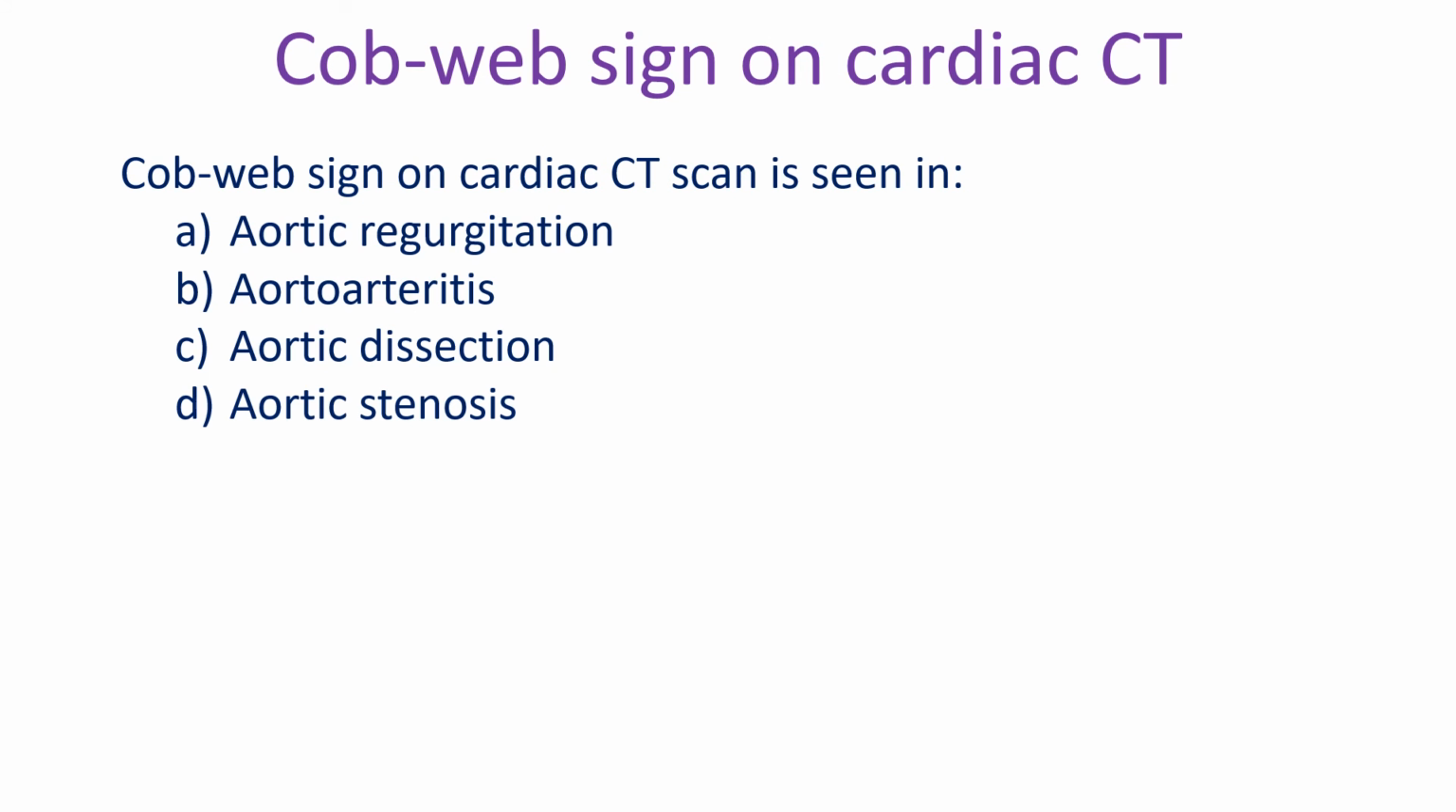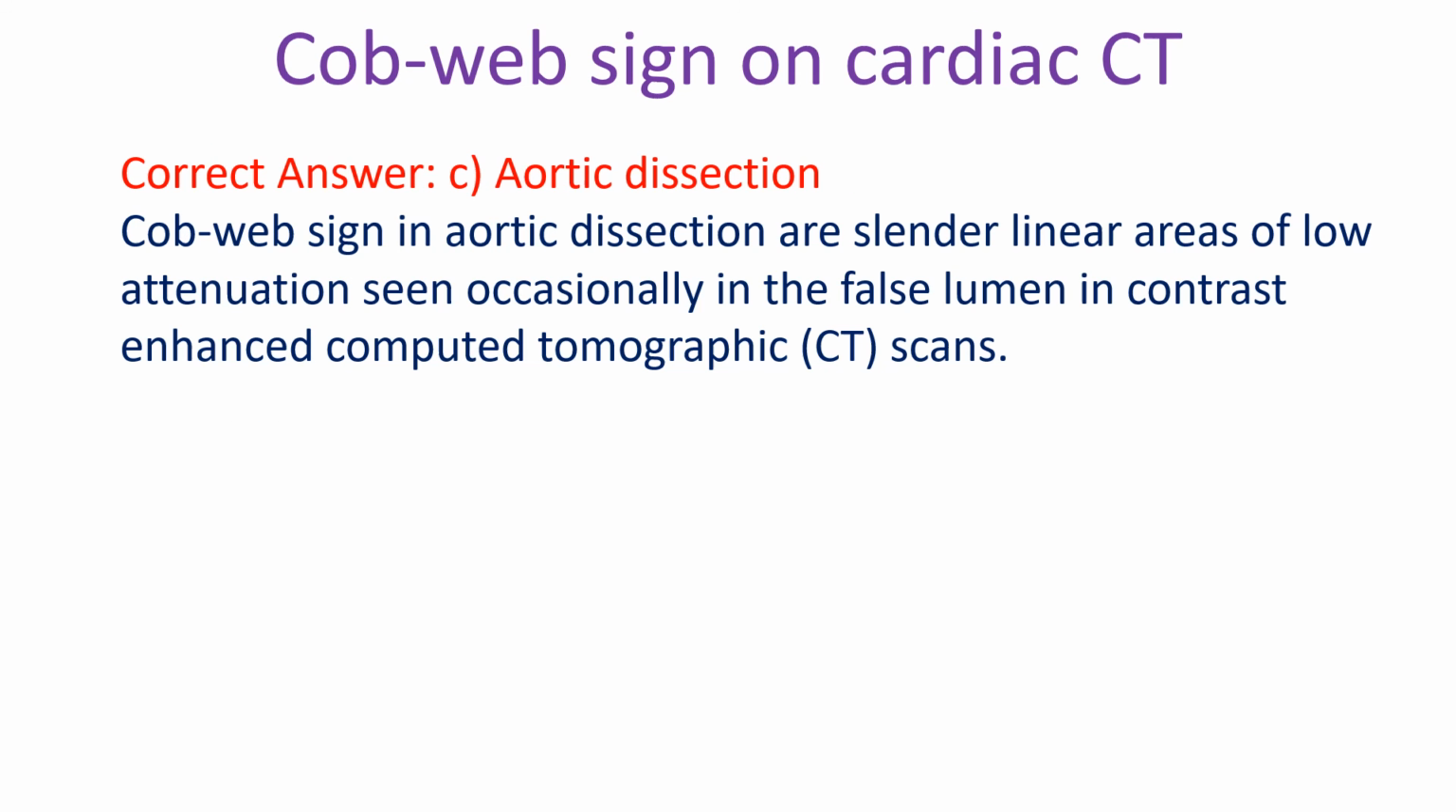Cob-web sign on cardiac CT scan is seen in: A. Aortic regurgitation, B. Aortoarteritis, C. Aortic dissection, D. Aortic stenosis. Correct answer C. Aortic dissection. Cob-web sign in aortic dissection are slender linear areas of low attenuation seen occasionally in the false lumen in contrast